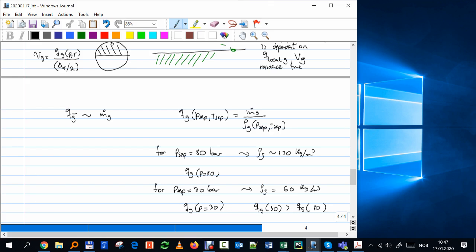Was it a bit clearer now? Yeah? Okay. The thing is that we will see later, to convert these to local conditions, in petroleum we use,